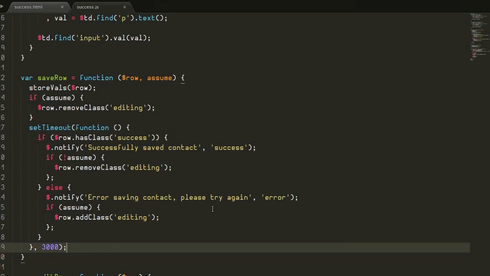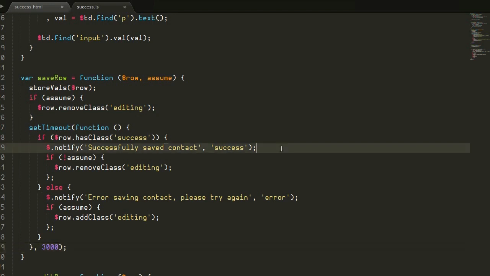Again, you can see that if we're on a successful row, we'll display our notification. And if we haven't already removed the class, we'll go ahead and do so now. And then in an error context, we'll display an error notification. And if we have already removed the class, we'll go ahead and add that class back, allowing the user to